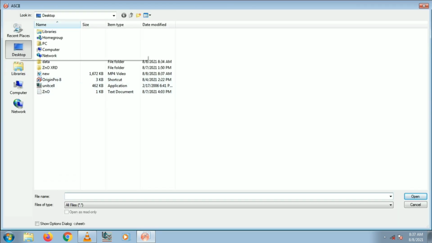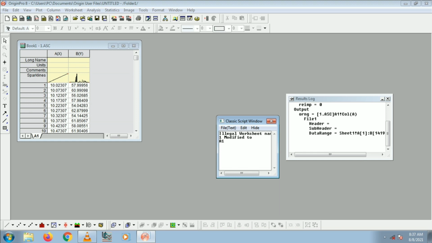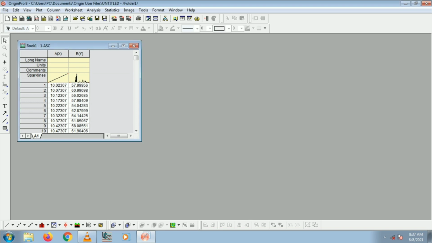Now the program is asking for data. Select the data from the desktop. Now the data is imported.